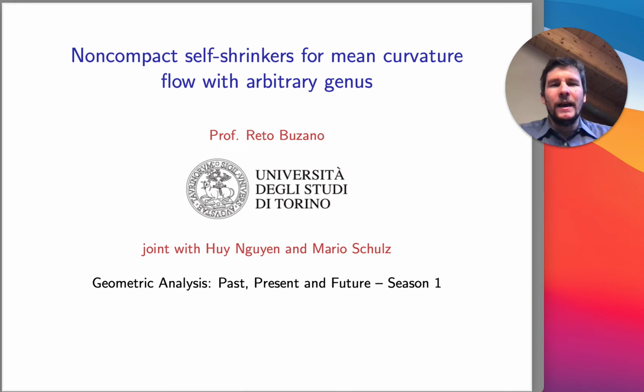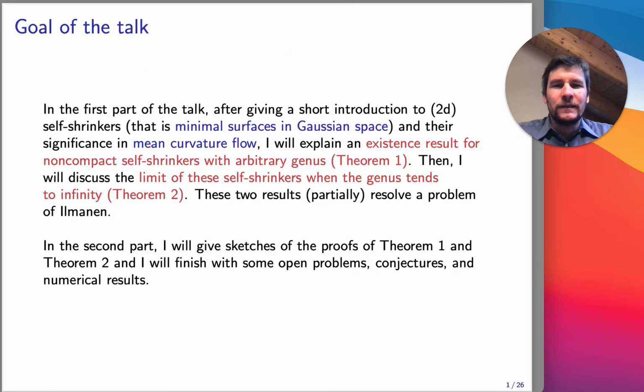Okay, and in this talk we will do the following things. So the goals of the talk are to first study a little bit what is known about these self-shrinkers. Here we will focus on the two-dimensional case, and we will see what self-shrinkers for mean curvature flow are, what their significance is in singularity analysis of the mean curvature flow, and also the characterization of these as minimal surfaces in Gaussian space. And we will see a little bit about the known examples so far, and then we